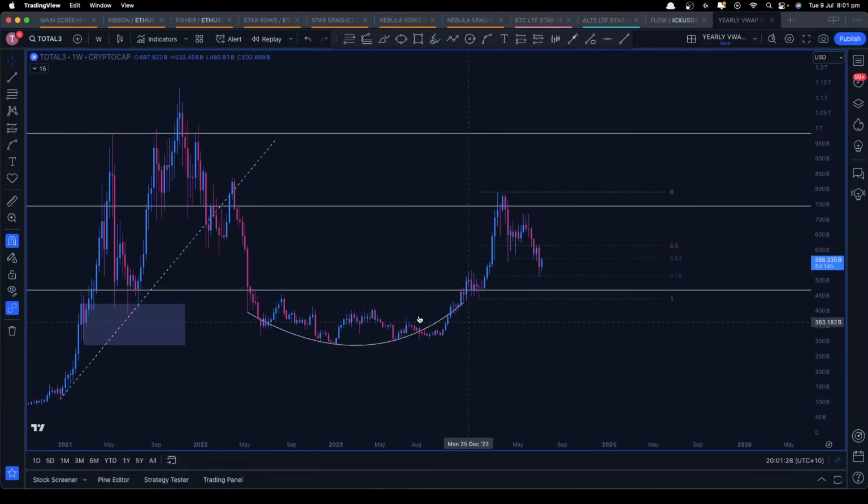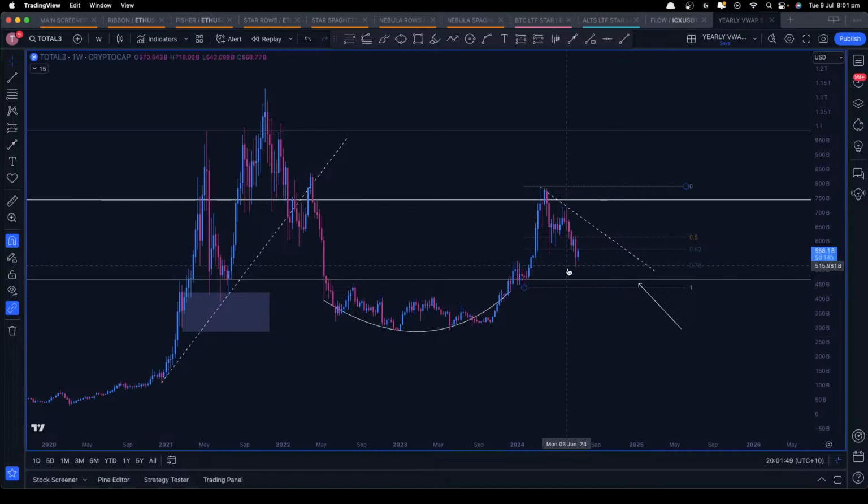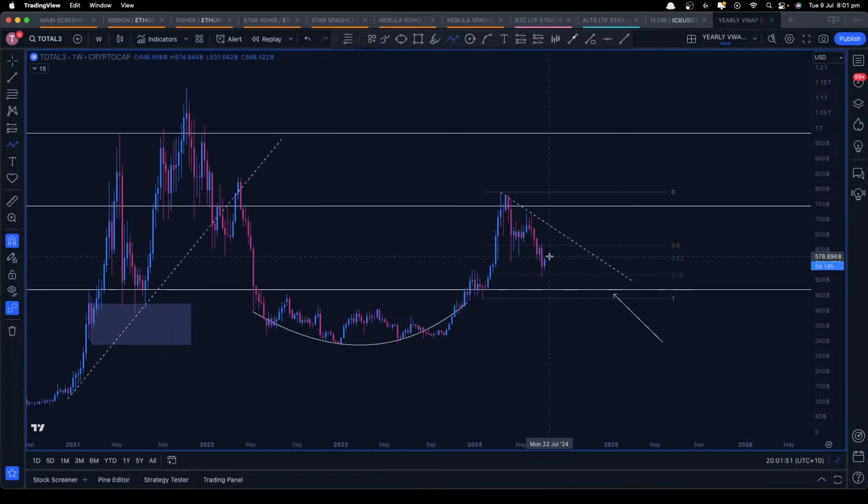So what's the most important area for price to hold now? It's this area right here. This was the range. This was balance, imbalance. Quite often we get a return back into balance. We get the retest and then price pushes up. What you want to see on Total 3 is the same pattern. I think we're just going to keep doing this. Pull back and then break out. At this point, if this happens,